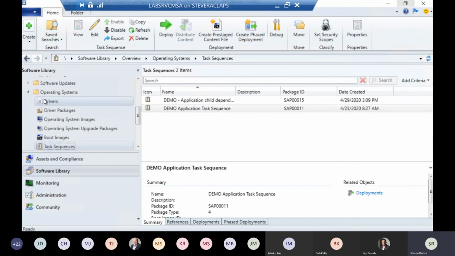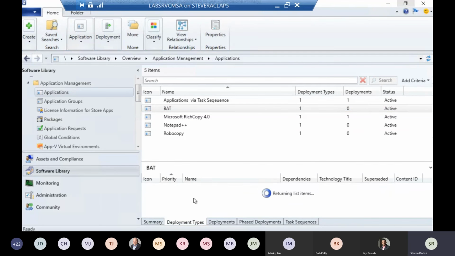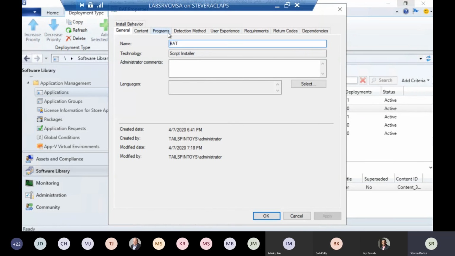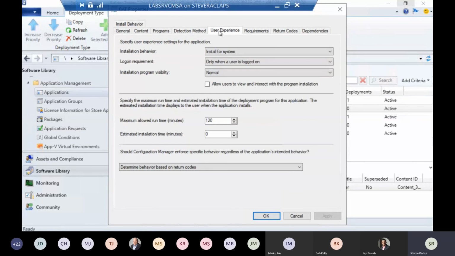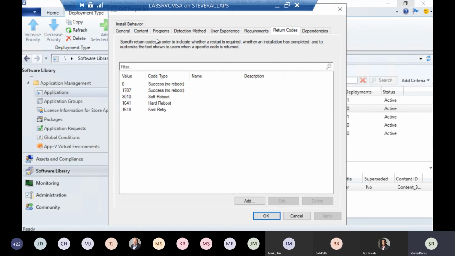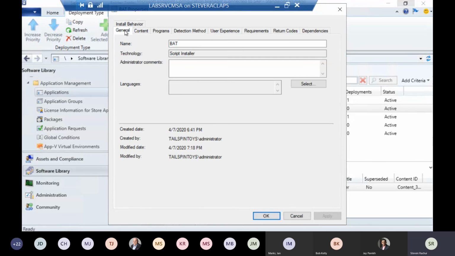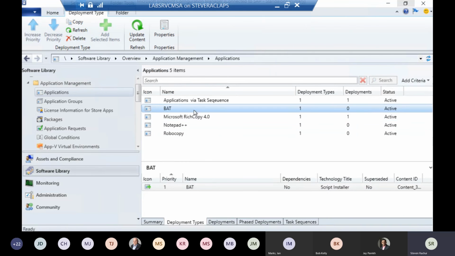So if I go to an application, I'm just going to go to this one, doesn't matter really, and go to a deployment type and select properties on the deployment type, then let me find it. Where is it? There's a switch in here. It's probably on the application. Maybe it is. Anyway, so on the application and on the